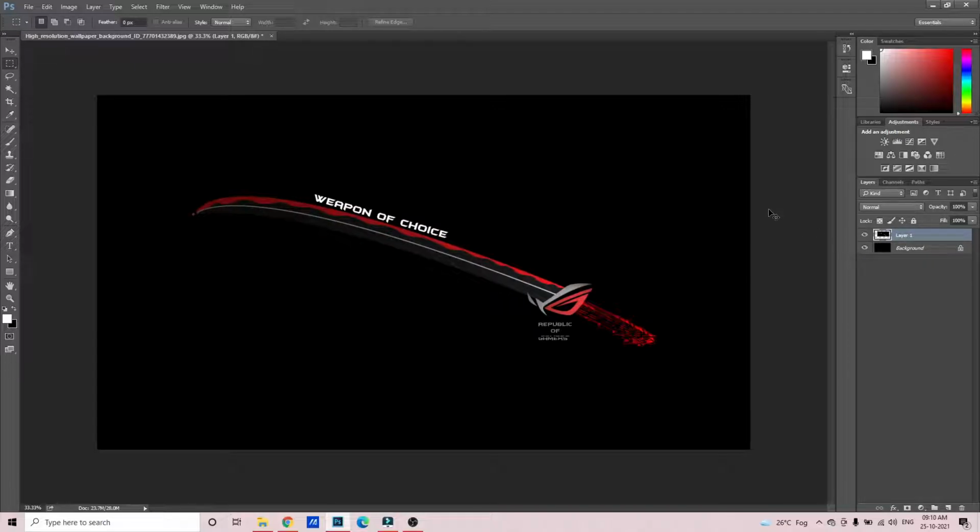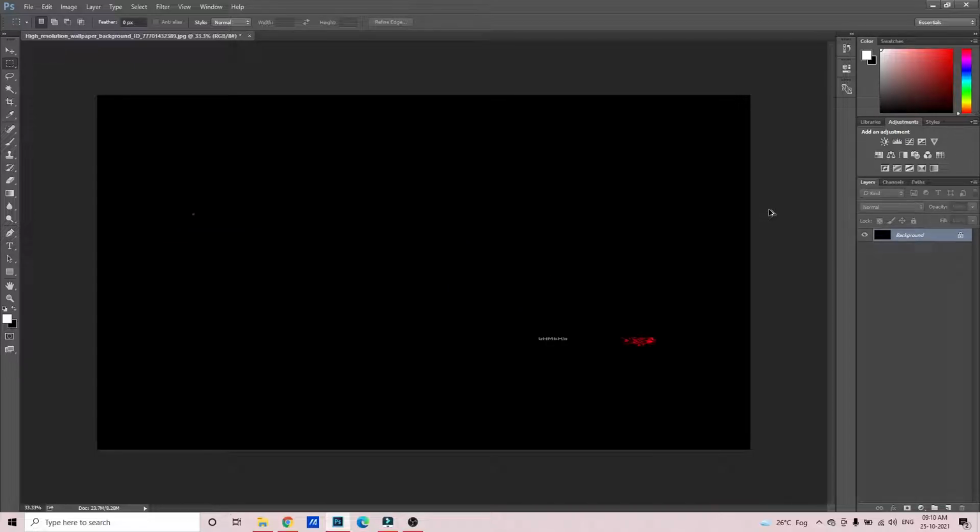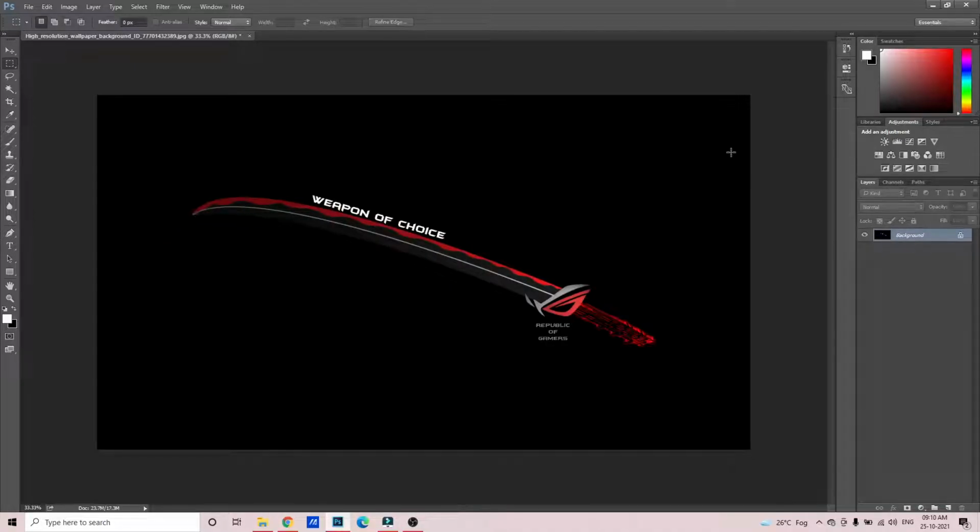Now if I press Ctrl Z, it will go to the previous thing. So now the cut and all has gone. It has become a single image again. Next one is the, okay, move tool is the second one they have said. So I have shown you the move tool. Next is the lasso tool.